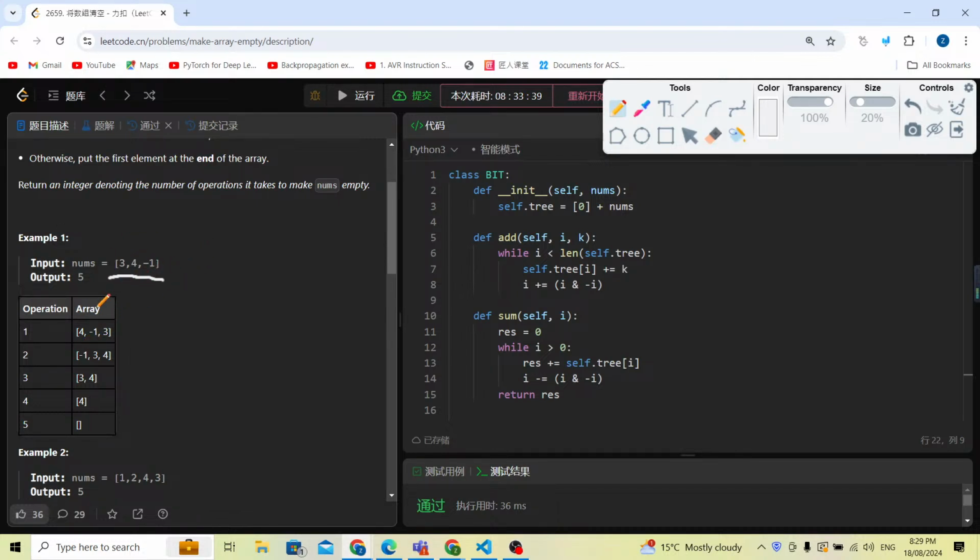Because currently the operation is going to be n squared, and basically we need to check if this is the smallest element. Otherwise, we're going to move it to the last position. But it is not necessary to do such operations. Maybe we don't need to do that. We can do it more easily. 3, 4, and minus 1. We have 3 numbers, and for each number, we just need to